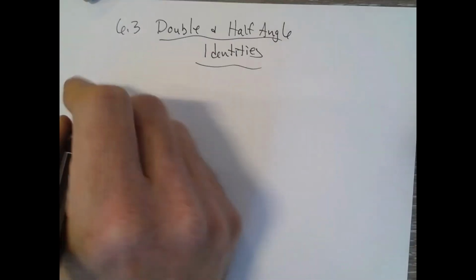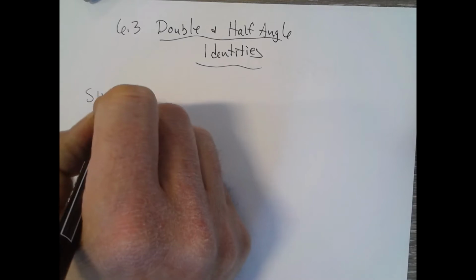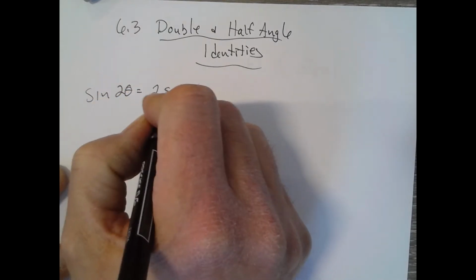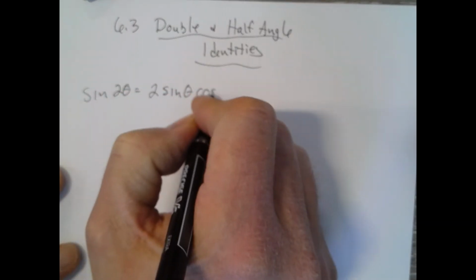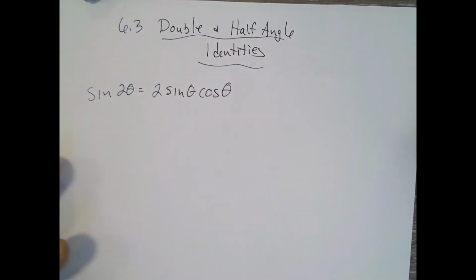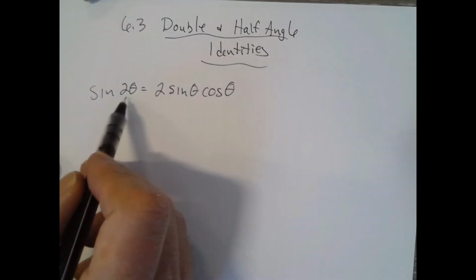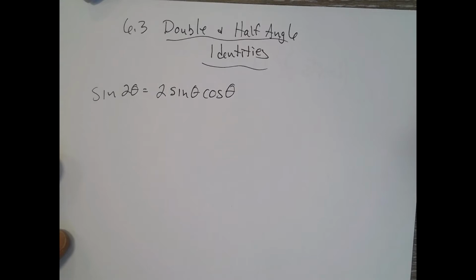If you have the sine of 2 theta, that is equal to 2 sine theta cosine theta. That's the identity for double angle sine. This is a very common one in calculus. At the end of the year, just before the AP exam, my calc students will ask, how much of Carl do I need to know? And this